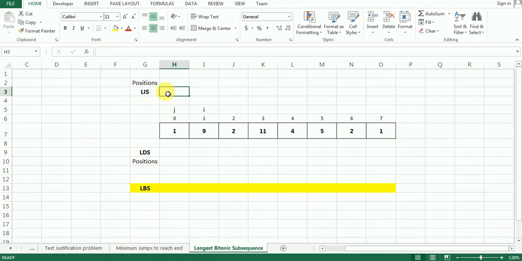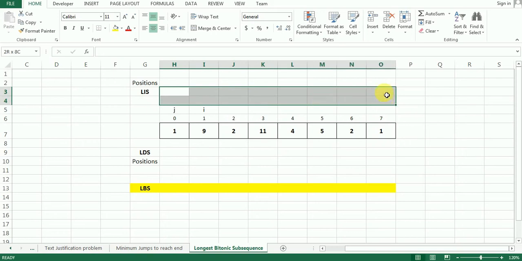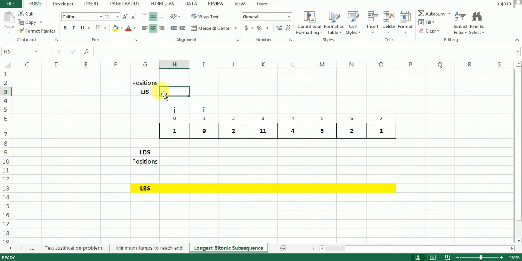But for a better understanding, I would recommend you to watch that video. So this is our LIS array. I am going to fill this array with 1, because it is going to denote the base state. All right. Okay, so this is our base state of LIS array.